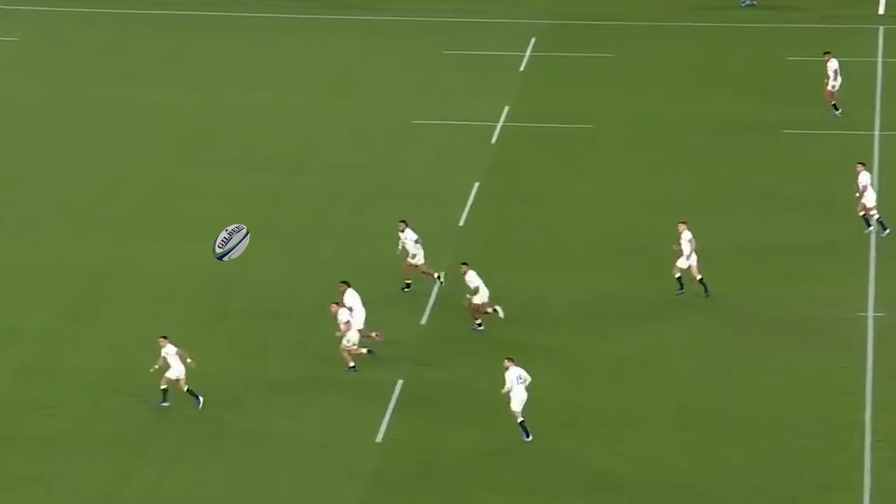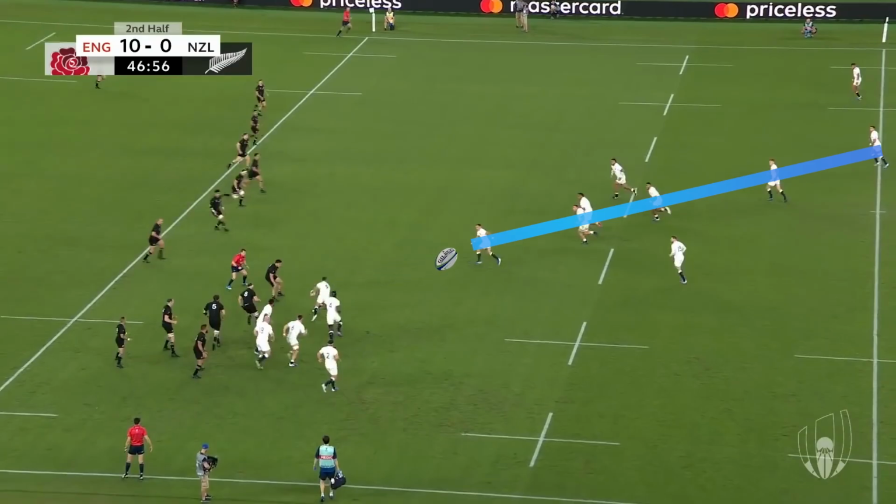His brother is a little bit further away in the event that an opportunity to skip past a Slade arrives, while Underhill is in a really reasonable position to pop it back inside to Daly, who has come up from the back field. While we can use the blue line to see the very obvious hands down the line possibility, the flatness of the pod has provided